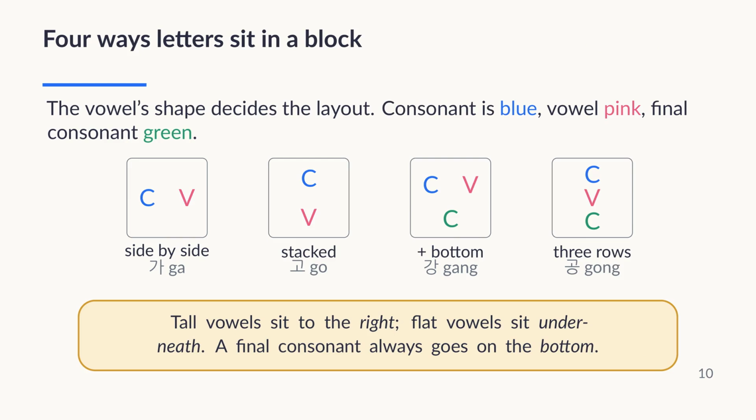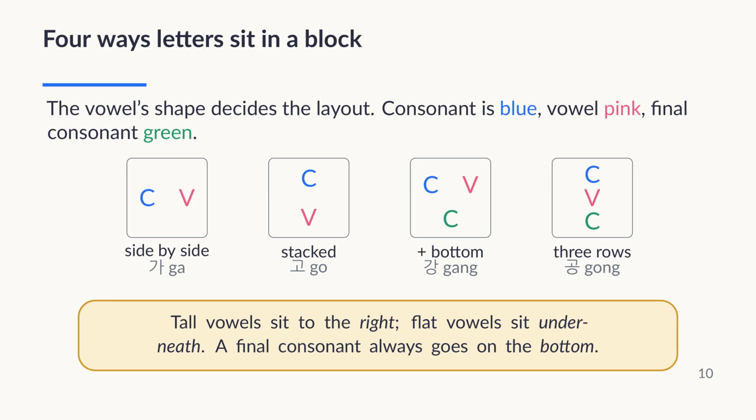Now that we know a block holds 2 or 3 letters, the natural question is, where exactly do they go? The answer is elegant. The shape of the vowel decides the arrangement, and there are just 4 patterns. Look at the 4 boxes from left to right. In the first pattern, the vowel is a tall vertical line like the A in ga. A tall vowel stands to the right of the consonant, so the consonant and vowel sit side by side like